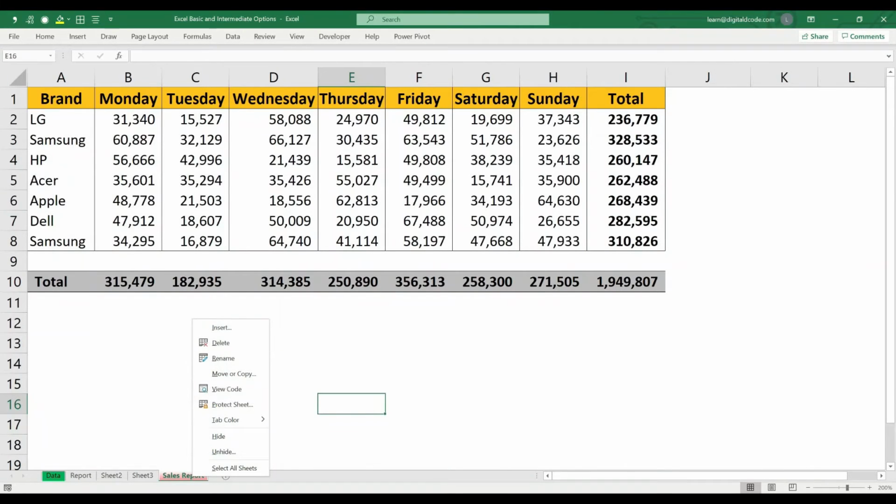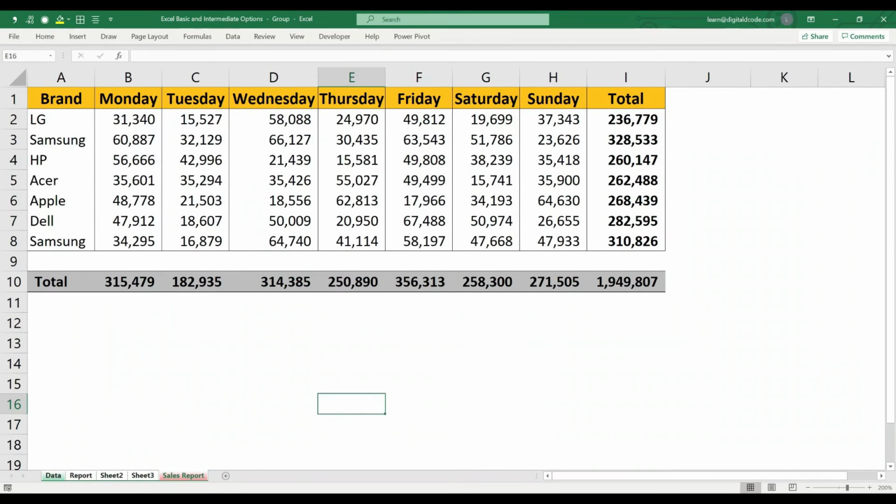To select all the sheets, if you want to select them, use this option. All the sheets have been selected. In case you want to select all the sheets because you want to move the sheets to some other workbook, you can use this. Or if you want to change the color for all the sheets, you can do it. For this purpose, selecting all the sheets will be useful. I'm just doing ungroup.